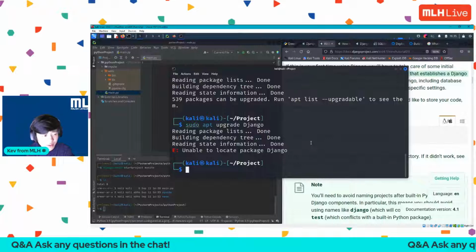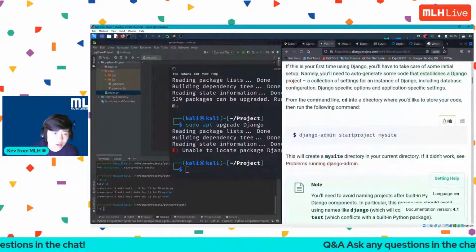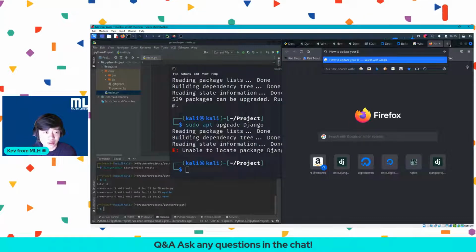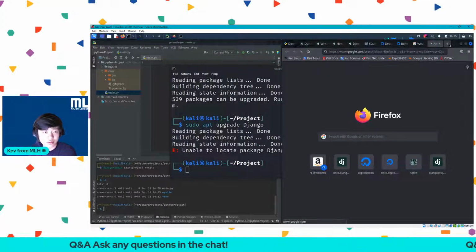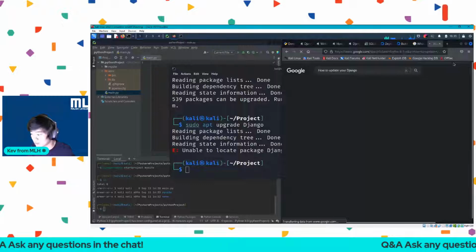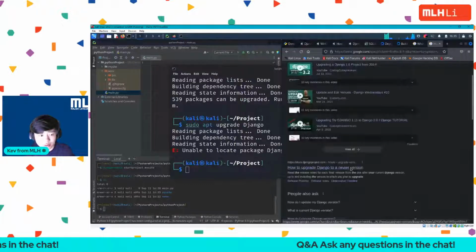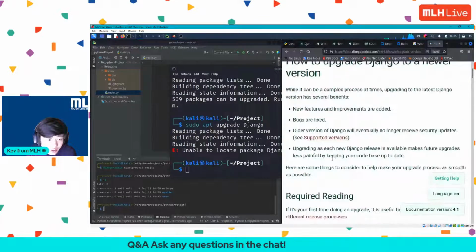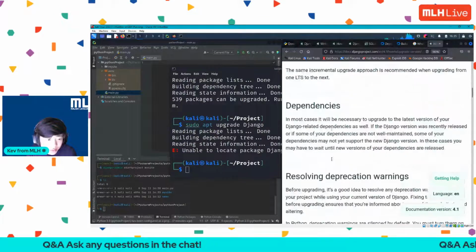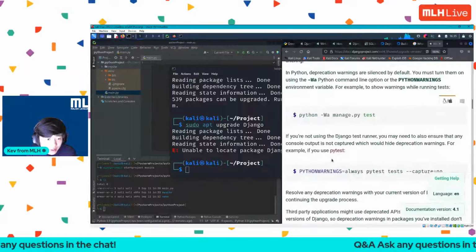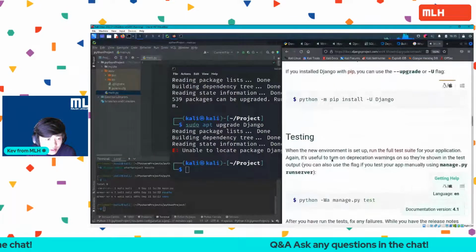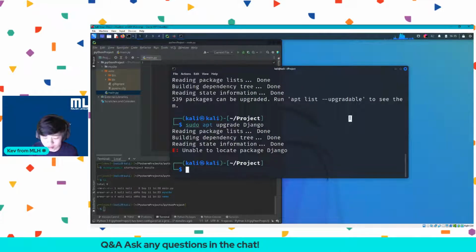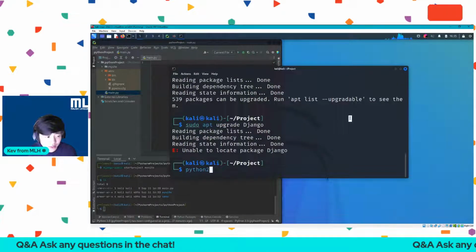Okay, let me see. So let's go with this. How to update your Django to a newer version. The whole Django documentation. So how to update your newer versions. Dependencies. Oh, what am I doing? I forgot. Django's installed in Python. Why am I doing it in Linux? So Python 3